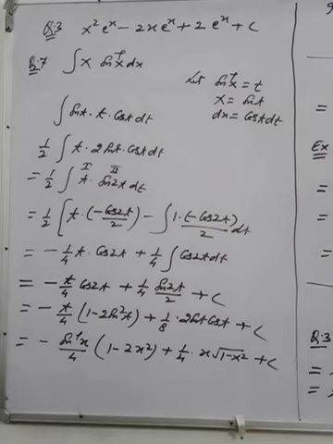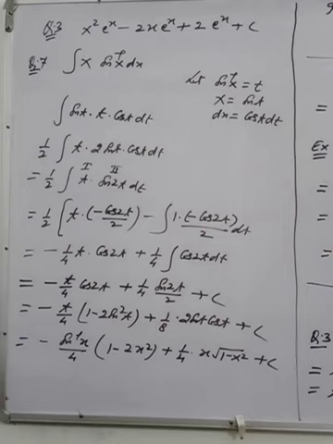So after multiplying and dividing by 2, what will you get? t into 2 sin t cos t dt, and 2 sin t cos t is sin 2t dt. Now t and sin 2t are two functions in product form. So t as first, sin 2t as second, and apply the formula. So what is the formula? First function t into integral of second sin 2t, that is minus cos 2t by 2. After the minus sign, under the big integral, derivative of t is 1 and integral of sin 2t is minus cos 2t by 2. Now simplify.